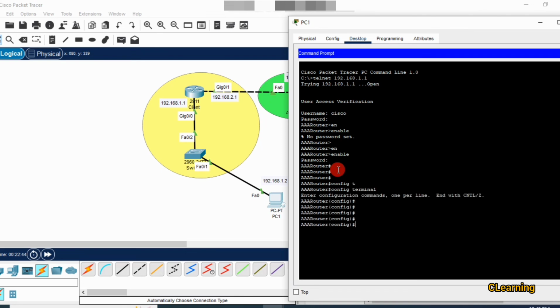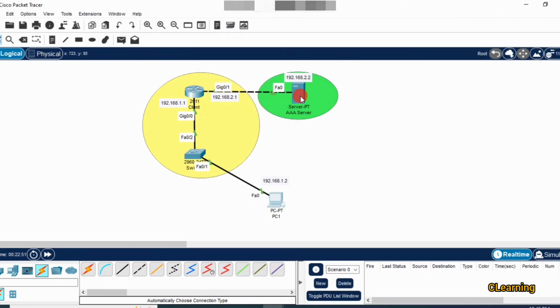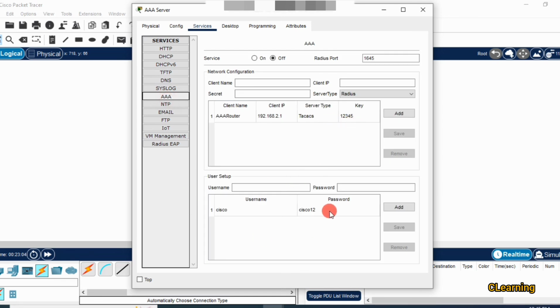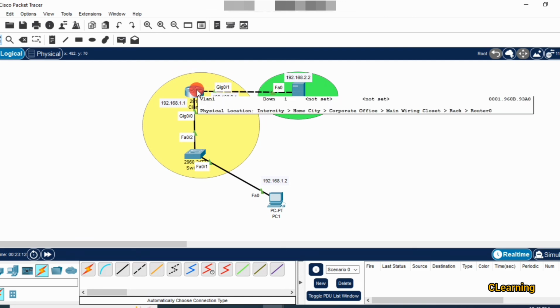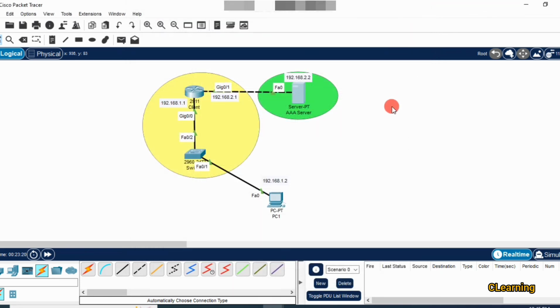In the same way you can do the RADIUS configuration as well. So this is how we use the AAA server for authentication, because now this AAA server authenticates that this user can access this device if this user has a password. And this AAA server is working with this device, because this device contains this key and IP address. So this is how AAA server